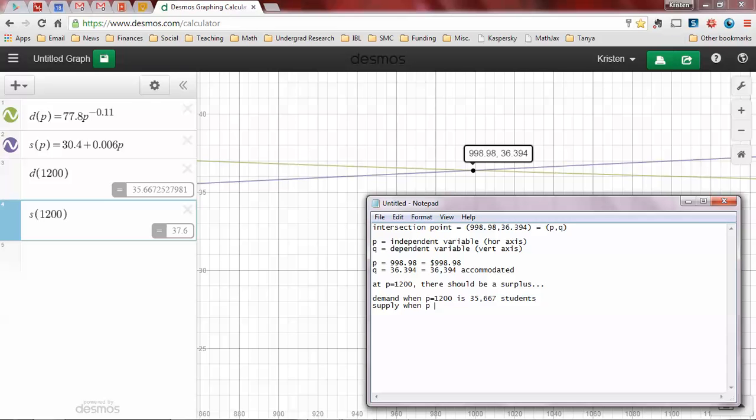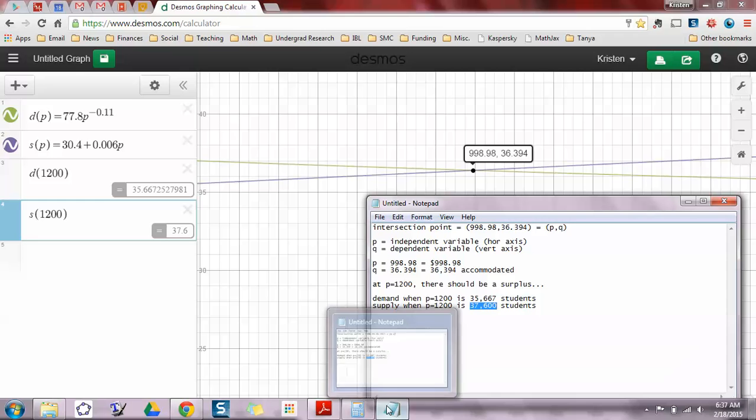And the supply when P is 1,200 is what? 37.6. And remember, this is in thousands again. So we're going to move our decimal place over 3 to the right, which gives us 37,600 students, which means that the private school industry has opened up too many spots, right? All of them won't be filled because only 35,667 students will fill